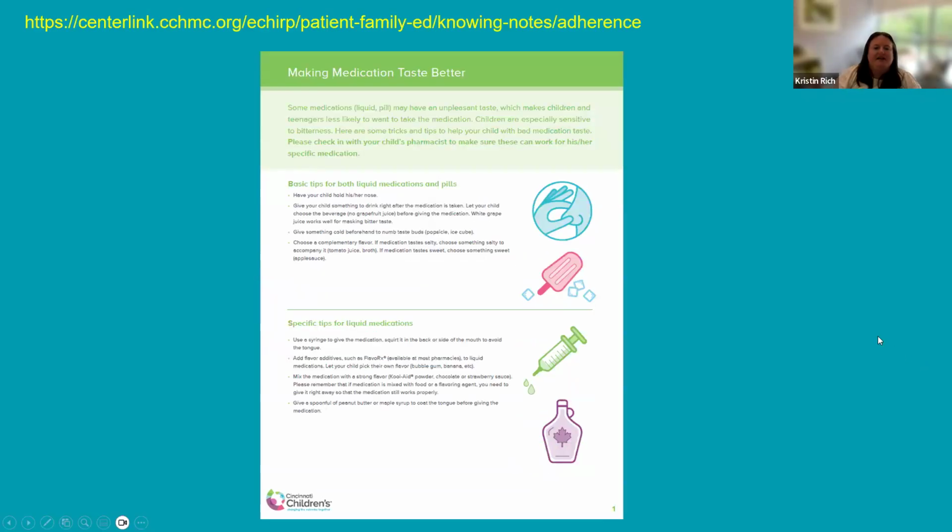This is another helpful tool, particularly for kids that are still on liquid medication. They often complain it tastes bad. And as they get bigger, the volume gets larger. So we wanted to provide information for how to mask that taste to reduce that barrier, whether they're taking liquid medications or pills, with some specific ones for liquid medication too. So as you can see, there's a lot of ideas. It's presenting a few to the family and seeing what grabs them, or if they can generate their own ideas too.